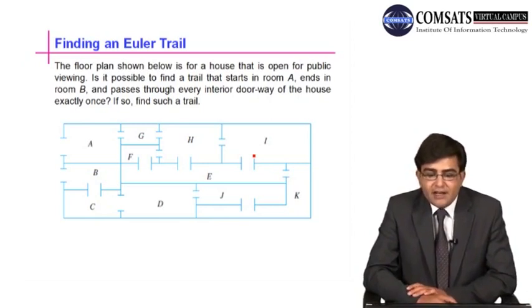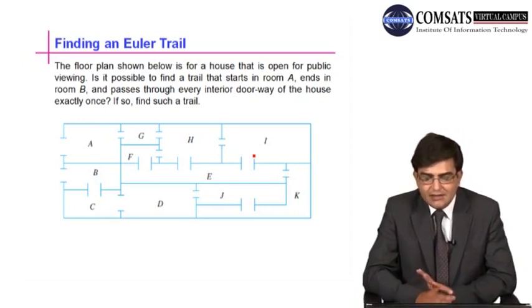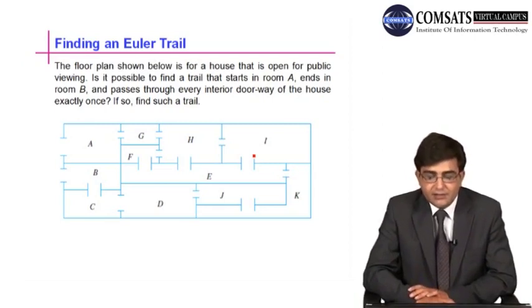Is it possible to find a trail, a path that starts in room A, ends in room B, and passes through every interior doorway of the house exactly once? If so, find such a path, such a trail. For example, in a museum there are rooms A, B, C, D, E, F, G, H, I, J, and a visitor came to the museum to visit it, and there are different rooms, different sections in the museum, and the visitor, obviously, tried to